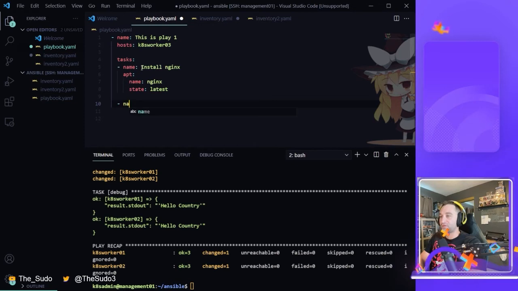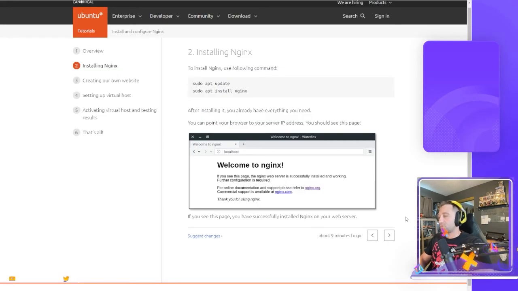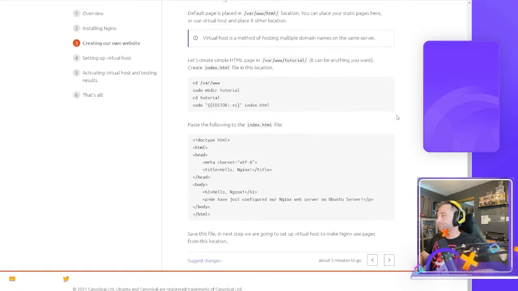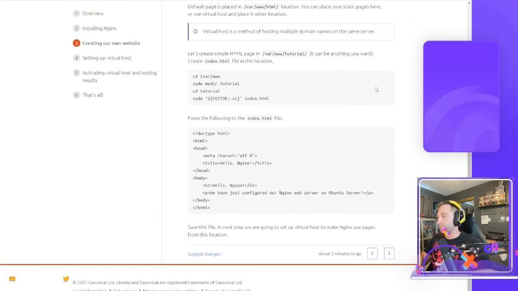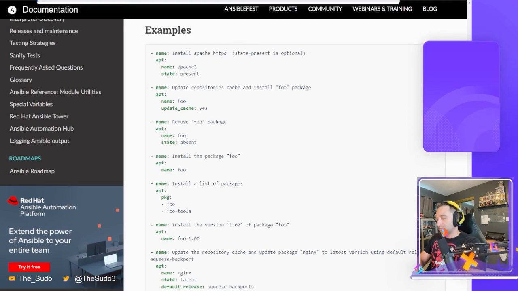We're simply installing NGINX. So if we come back over to the instructions, I think I've got that one down. The next thing we have to do is make a directory. They want us to make a directory in var www called tutorial. So we have to make directory var www tutorial. And then we need to know what module we want to use for this. I already know what it is, but if I were to Google make a directory in Ansible module,